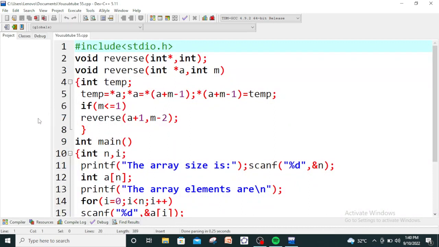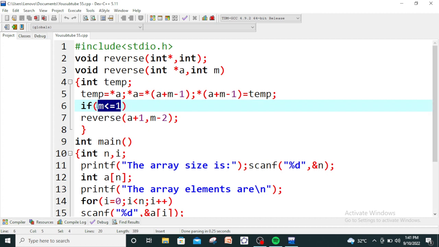Here is our program. Sorry, here you see